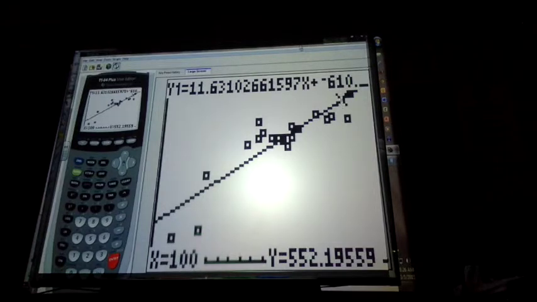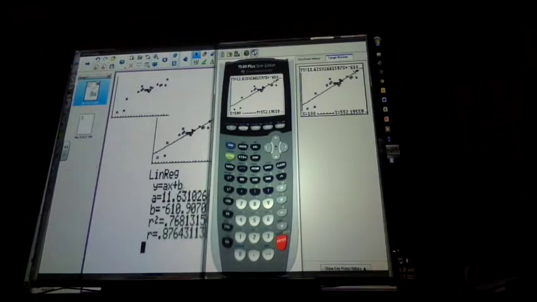Find the value of R. We already have that back here on this screen. Value of R is 0.876. Is it associated positive or negative? It's positive. The warmer it gets, the more people that come to the park. Okay, remember the slope being A and R both have to be positive. They're both the same sign. Find the value of R squared. R squared is 0.768. What is the percent variance? We already talked about that, 76.8%.